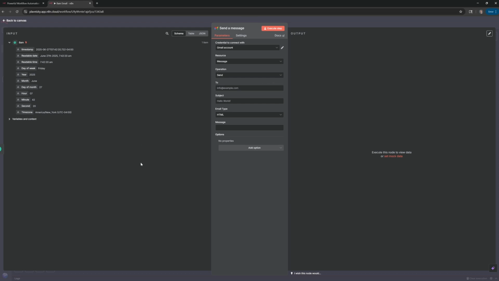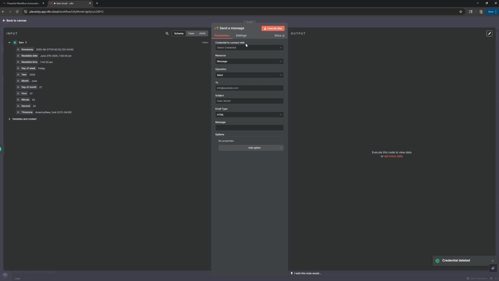And then now you'll see it change a little bit from what it was before. So after the first node, this is how it's always going to look. So the left is always going to be the input of the previous nodes in the chain. And the middle is going to be the node you're currently working on. And the right is going to be the output of that node. Over here on the left, you have the option to actually go back to previous nodes in the chain. So if you need to get information from like the first node, but you're on like the 10th, you can actually come in here, hit this drop down and go back and grab information. So keep it in mind, it's very handy.